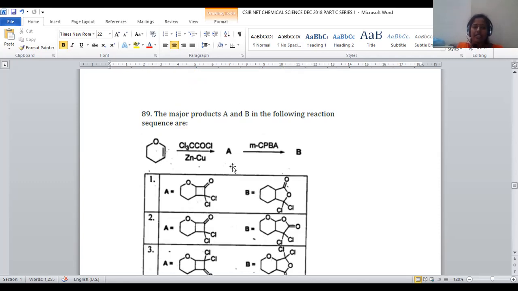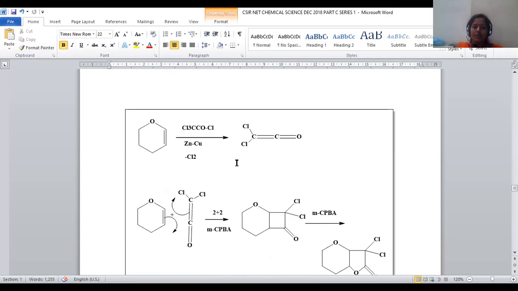So let us see the entire mechanism for this reaction. For that purpose, we are taking the pyrene ring and treating it with Cl3C-C(=O)Cl. What will we do? Chloro is eliminated from this carbon, and this acetyl also loses one chloro, so that minus Cl2 is possible, and it is converted into a ketene system. C double bond O is called a ketene. This is involved in [2+2] cycloaddition. This double bond is migrated towards this side, and this double bond is shifted, so that we will get a 4-membered ring.